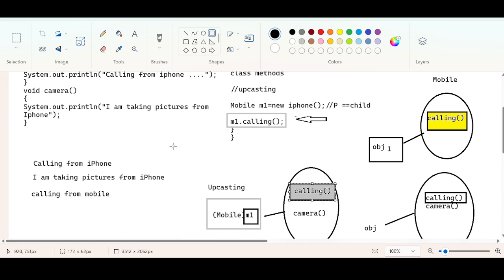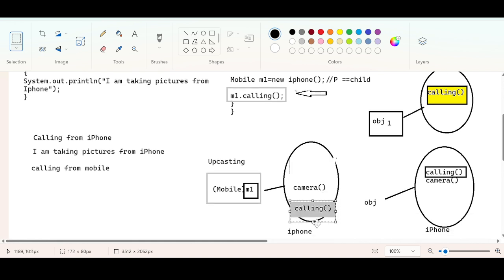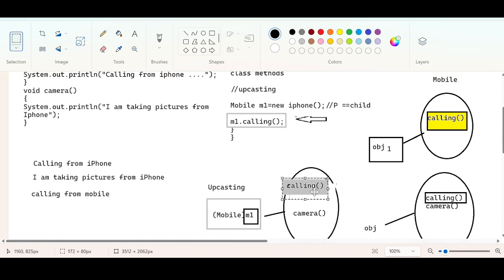This iPhone calling method is going to replace the mobile calling method. Let me repeat, the iPhone calling method is going to replace the mobile calling method